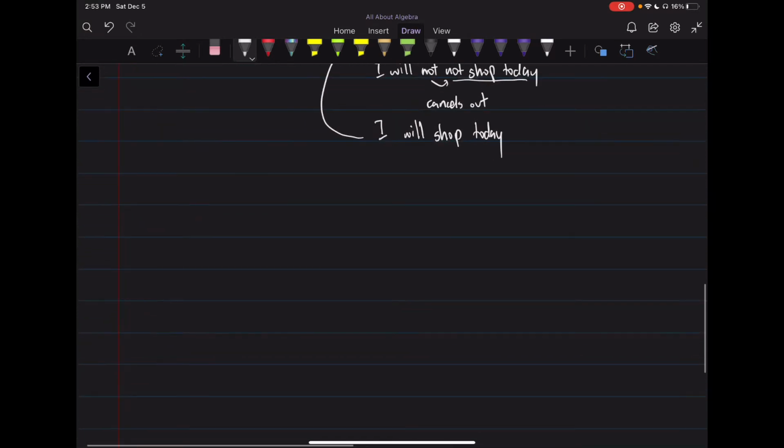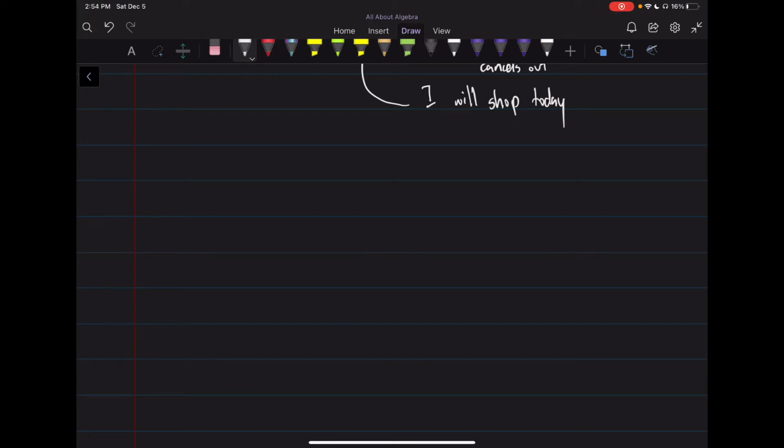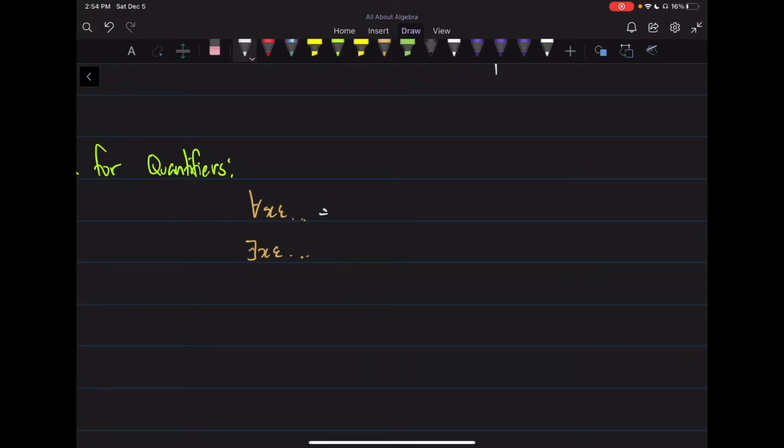Well, now let's take a look at the first universally quantified statement, right? So I'm going to say negation for quantifiers. So we have 2 quantifiers, if you recall from last class. We have for all x in some domain, right? And we have there exists some variable in whatever domain, right? Well, what does this mean? This means for all, which means every single, right? This means there exists, which means some or a particular,